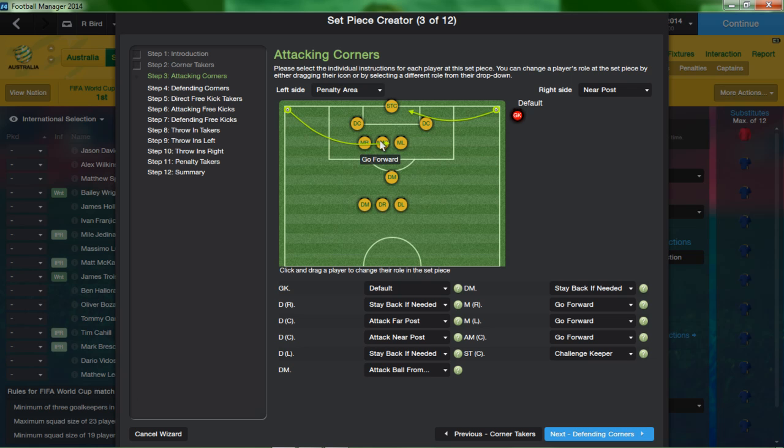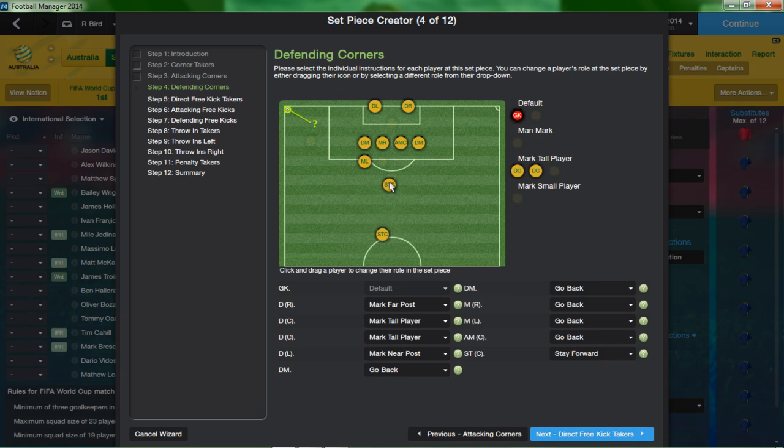Actually, what I'll do is, if that'll be either Taggart or Timmy in the challenge keeper. So what I'm going to do is, this will be Timmy probably here. And let's go far post, because quite honestly, guys, we want to utilize Tim Cahill as much as we can on all these set pieces, because as everyone knows, he's a champ in the air. So that's something I'm going to want to really utilize a lot. I think that's pretty good, because if this ball comes in here, these guys can be here. If the ball gets cleared out, this will probably be hopefully Jedinak or Bresciano. Both have really good long shots, so we'll keep it at that.